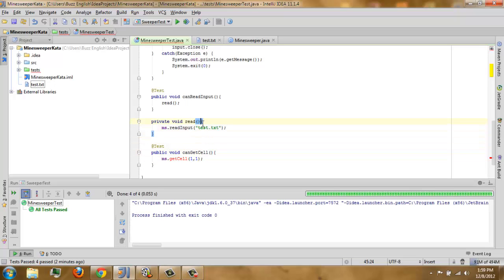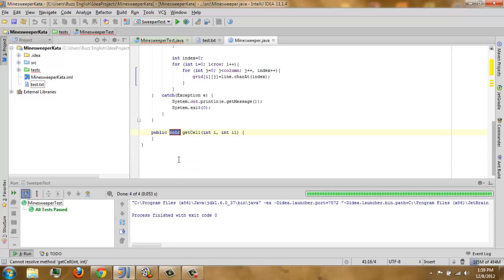So what are we going to do with the red? We don't have a method yet. Create the method in our Minesweeper, and we want it to return a character. So let's change it to char. And for the argument, just call it row, because it would conflict with some naming.